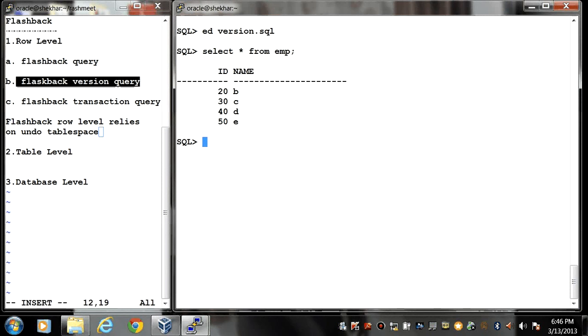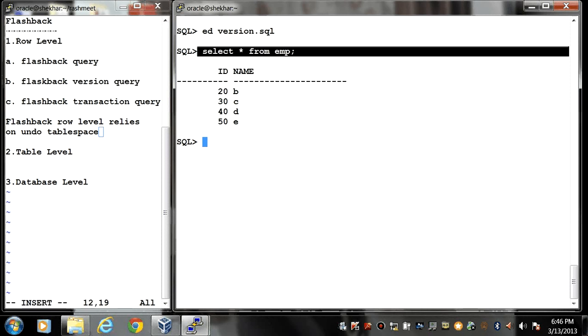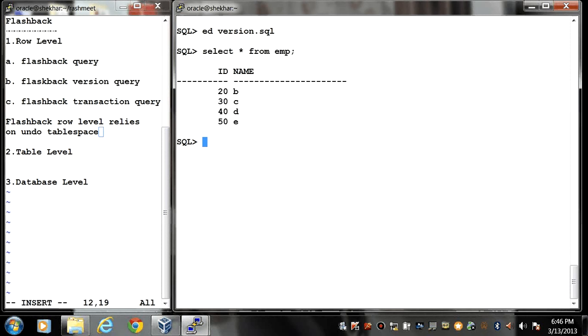So first, here I need to perform some DML operation on a particular row. So there is an example, select star from employee. Here I can see this is the data in my employees table. So now I am going to perform an update on a particular ID, that is on 20.